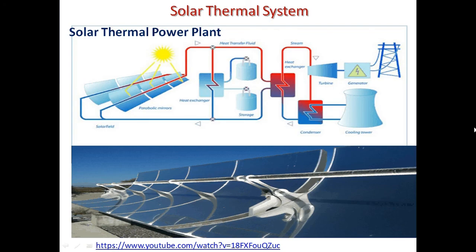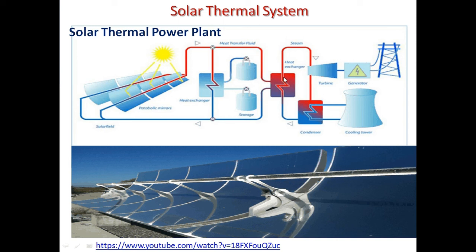The big advantage, I would say, of using solar thermal power over photovoltaic, because here also in the end you are producing electricity. Even in photovoltaics you are producing electricity. So the best part of solar thermal is that even though you don't have sun in the night, you can still produce electricity. Why? Because you can just store this thermal power in a storage medium and use it the whole day, even in the nights. So you can heat it and then slowly remove the heat to convert water into steam.